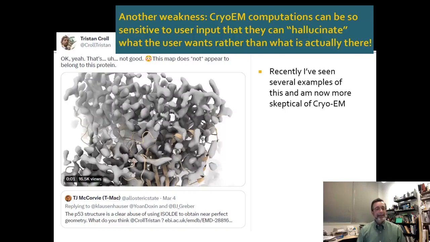And one scientist did this. So there's a program called Isolde that helps you to refine your structure, but it can also help to give you, you can tilt the structure in the direction that you want. And so when another scientist went in and ran the same program, they found that the map does not appear to fit the model. This is the electron map, and this is the model that they built into it. And you can see all these places where it doesn't fit at all. And there are several examples of people online that have done this and said,